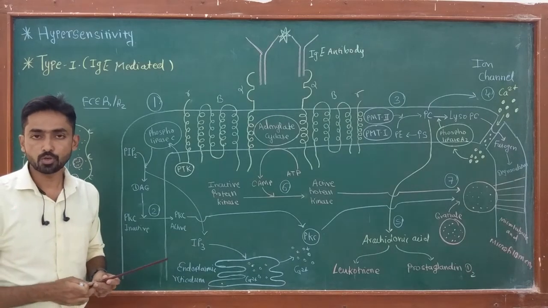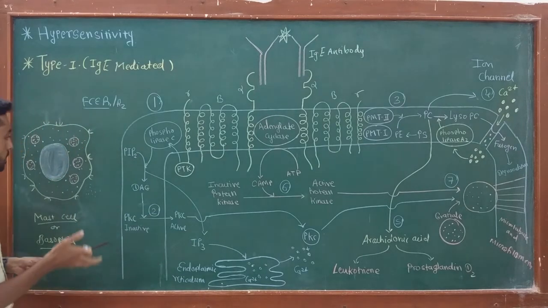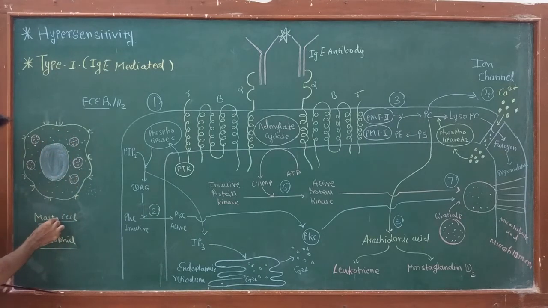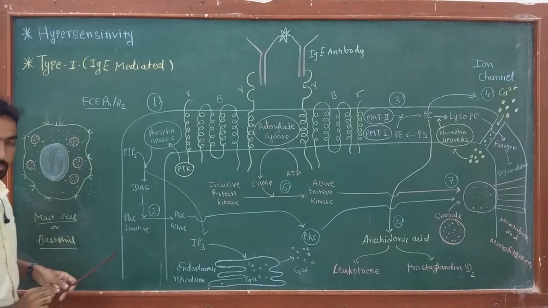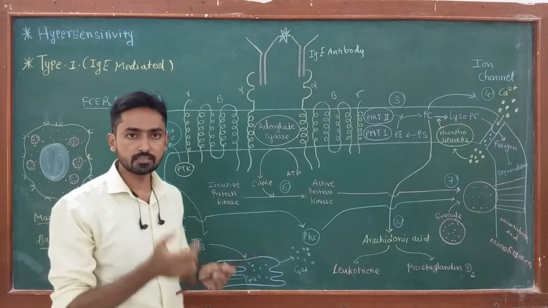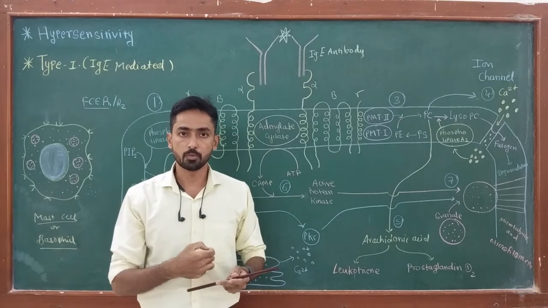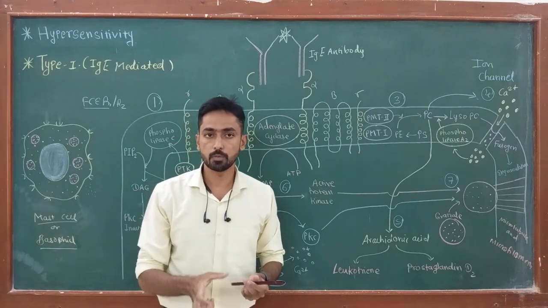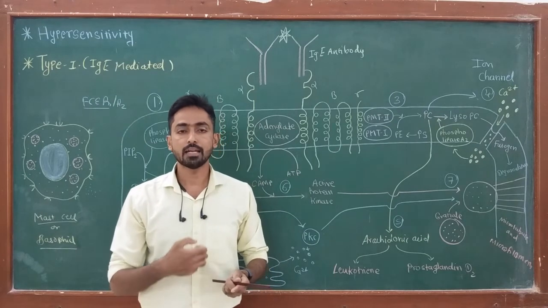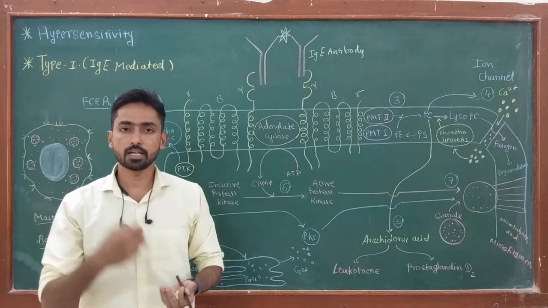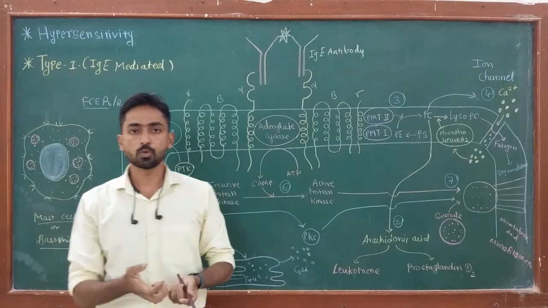Now in this video I am going to discuss the actual cell signaling pathway that occurs inside the mast cell or basophil cell, which ultimately leads to degranulation of these granules. This is one of the most important stages of the reaction, and it generally starts after entry of the allergen inside the body. In my previous video I discussed in detail the different types of allergens that lead to type 1 hypersensitivity.